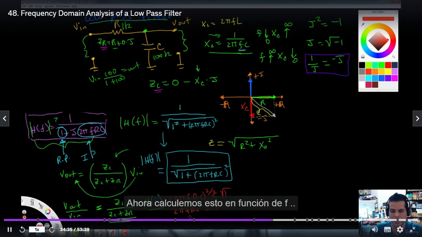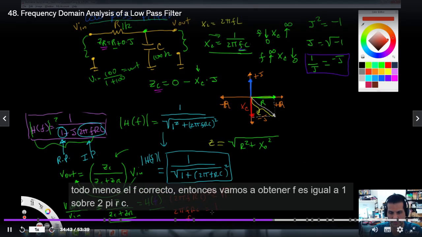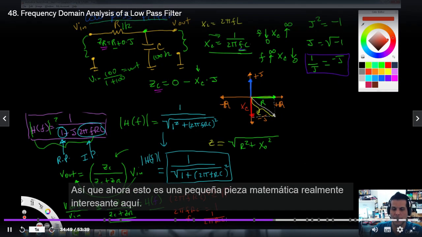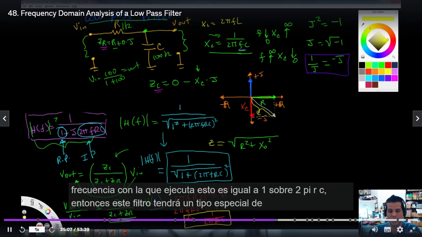Now let's compute this as a function of f. So let's find the f that makes that true, right? So basically we're just going to divide everything by everything but the f. So then we're going to get f = 1/(2πRC). Now this is a really interesting little piece of math here. This f = 1/(2πRC) is special because if the frequency that you run this thing at equals 1/(2πRC), then